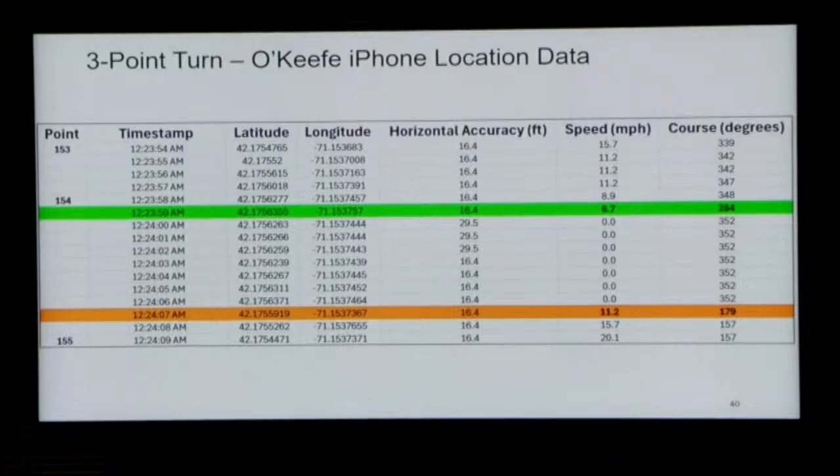When you looked at data point 154, is there a time ascribed to that? There is a time described to that as 12:23:58. Before you did this more in-depth analysis, were you relying on anything beyond point 154, that one line? No, that was the only thing being relied on at that time.